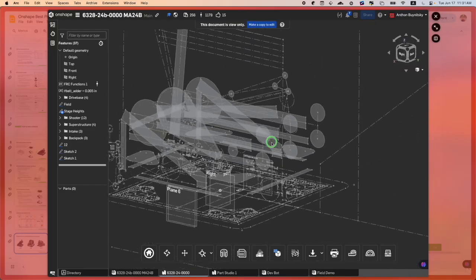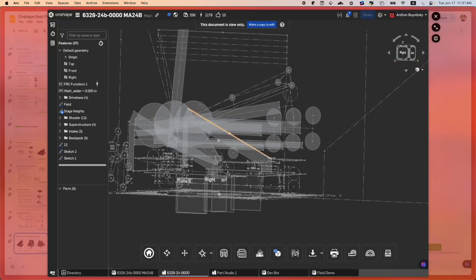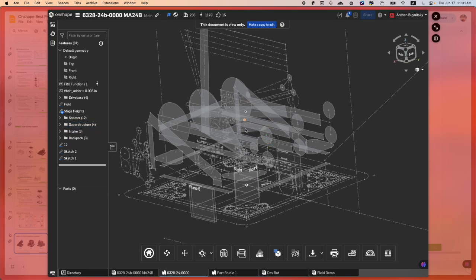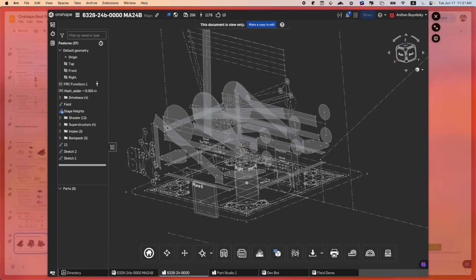You can see a 3D representation of the bot already. You can see how many planes they've made. Plane six, left superstructure, right? Again, you're going to have to use a lot of planes. And as you see, their layout sketches aren't that